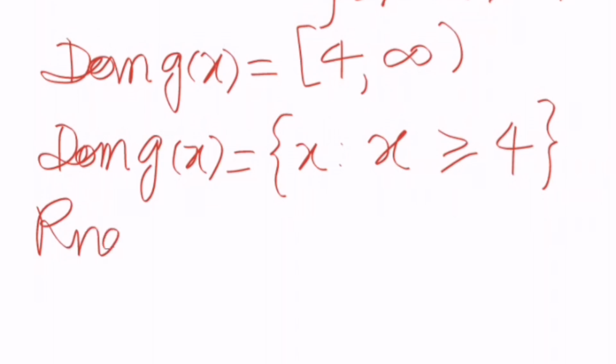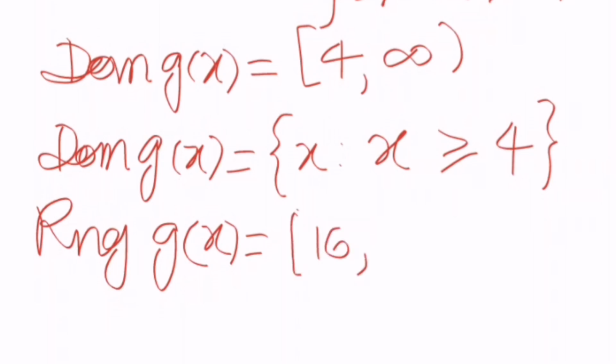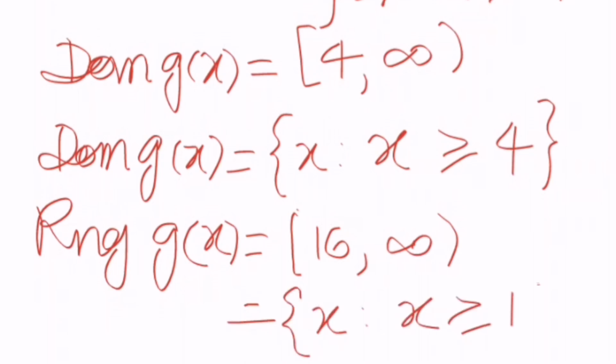And look, the range of the function is, if we substitute 4 in it, what do we get? 4 is the first value we are allowed to substitute. If we substitute 4 we get 8 times 4, 32, minus 16. 16 is the first value. And the rest of the answers will be greater, because every number then substituted will be greater. 16 and greater numbers are its range. It can also be expressed as x such that x is greater than or equal to 16. So greater than or equal to 16 is the way we will